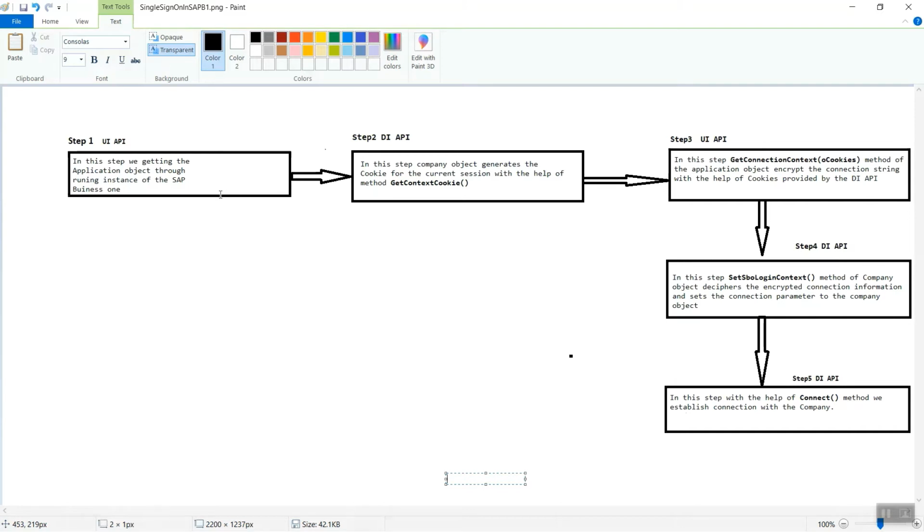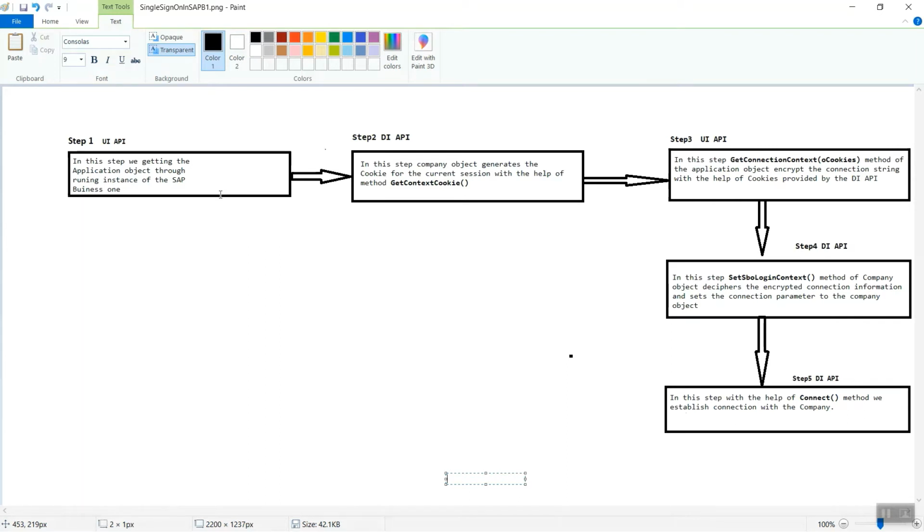So in step 2, the company object generates the cookies for the current session with the help of method GetContextCookie. So this function will generate a cookie that will be utilized by the UI API in the next step.